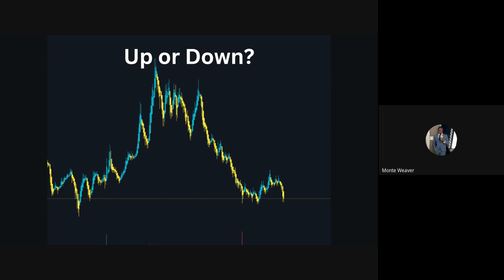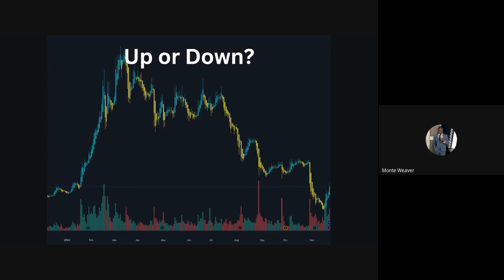Leave the name of the company out of it. Right. I don't care if this chart was NVIDIA's chart. The stock is going down. So you should be looking to short, right? If it's a company like NVIDIA where we know it's an amazing company, right? And we know that that chart is not really going down like this, then you would not look to short. Next chart. Is it going up or down? Put in the chat, up or down.